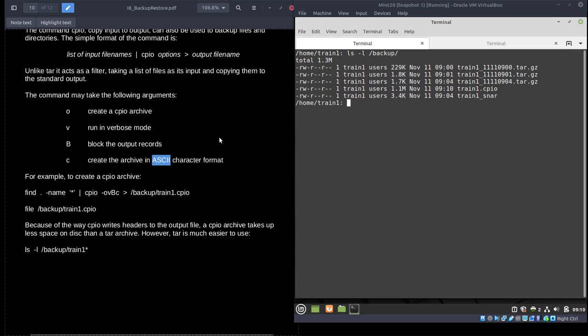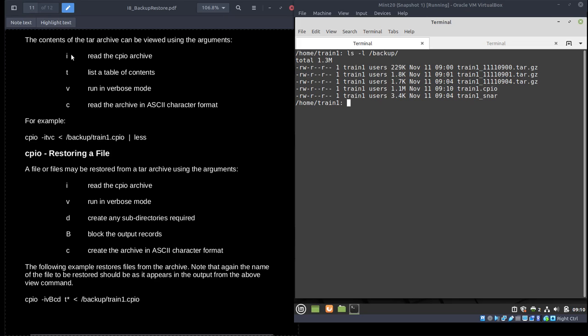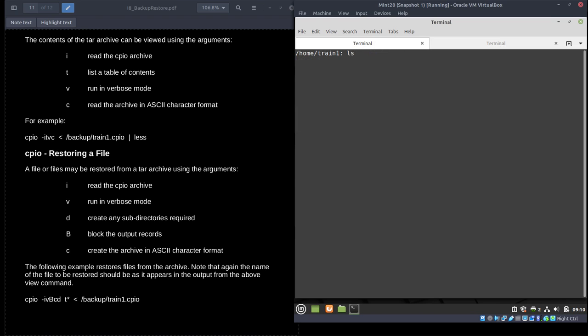If you want to get things back, it is t for a table of contents, and i, without the t, will restore files. So to get some files back, let's look at the table of contents first. So to do that, you run cpio and you pass it